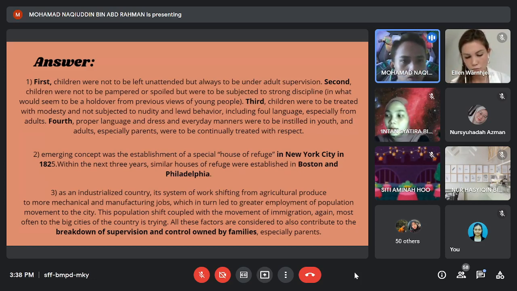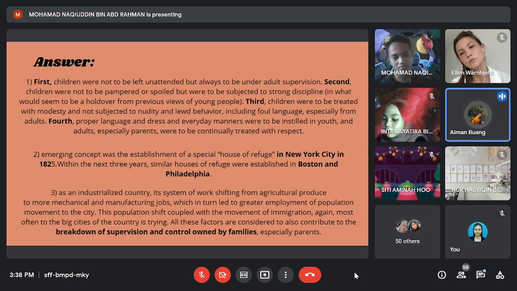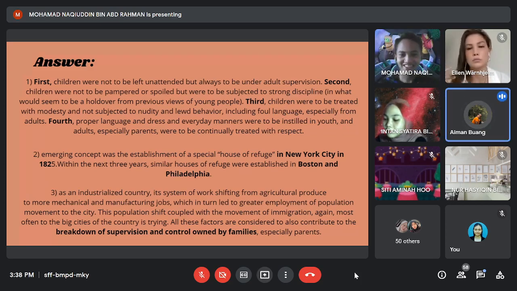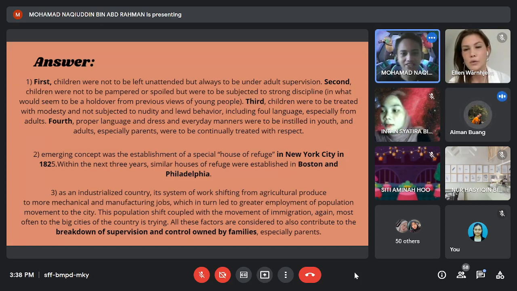So Syahada's answer, we have to ask Aiman. Is it correct or not? Aiman, is Syahada's answer correct? It's quite true, because what she said is in the answer. Similar lah. It's quite similar, but she tried her best. Okay. I so appreciate it. Good answer too. Okay, so next is,